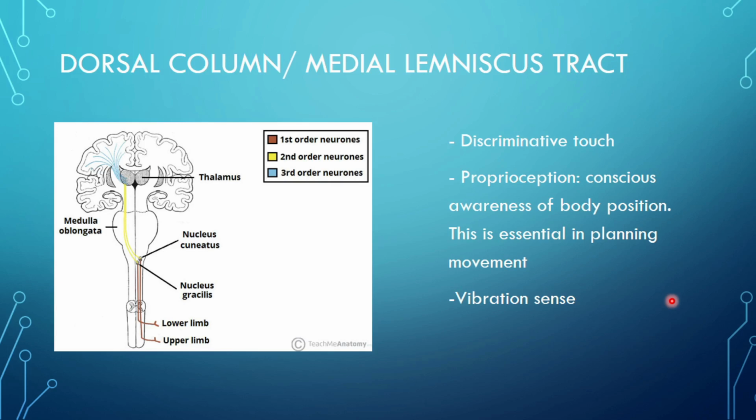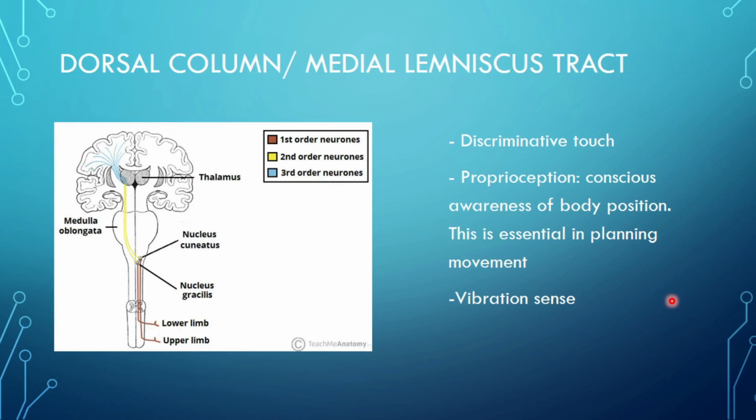So the first order neuron is going to enter into the left side of my spinal cord at the level of T1. It is then going to run up in the dorsal column, so at the very posterior part of the spinal cord. It's going to run up on the ipsilateral side, so it's going to stay on the left hand side